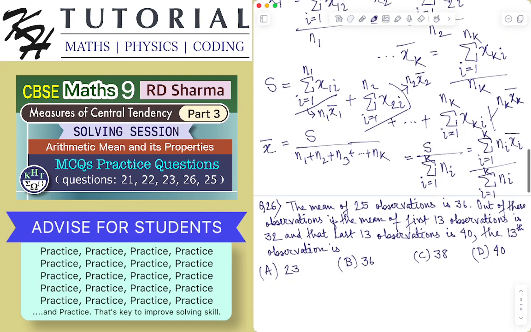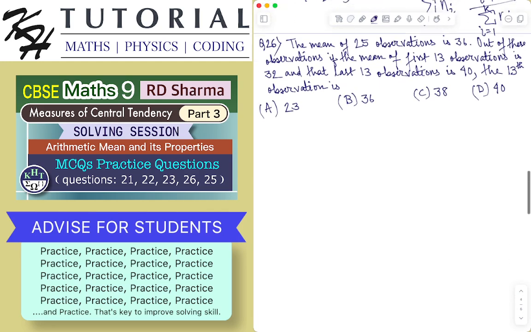Okay, let's see the next problem, 26. The mean of 25 observations is 36. The mean of 25 observations is 36. So what do we have? The mean is,